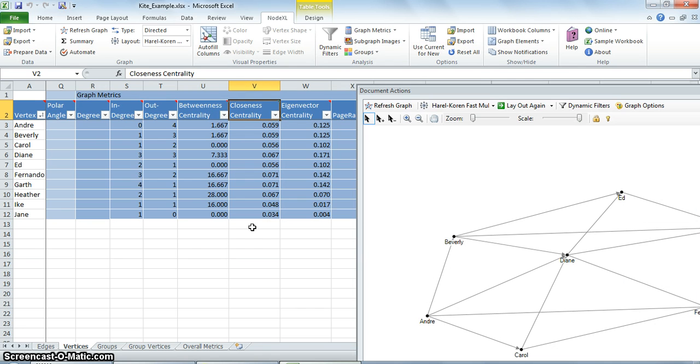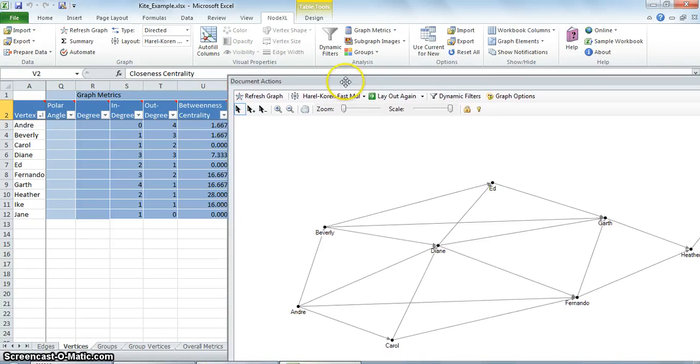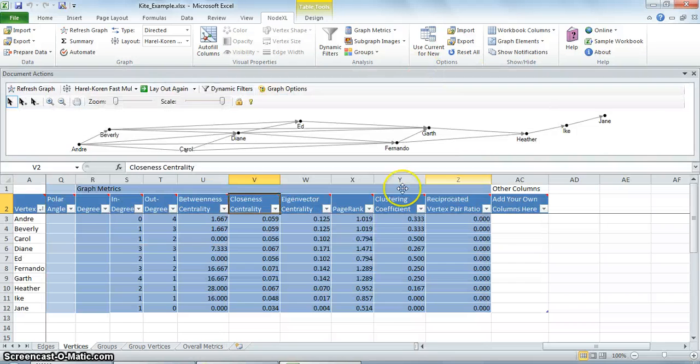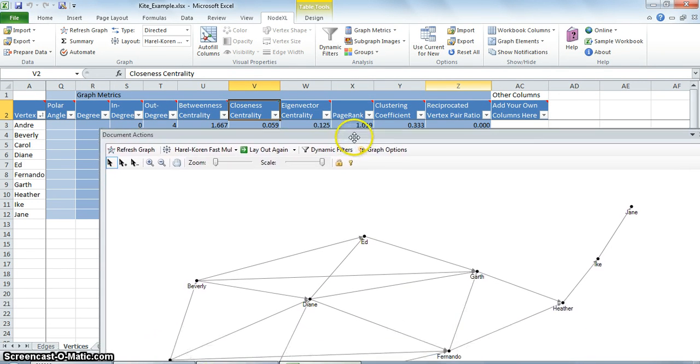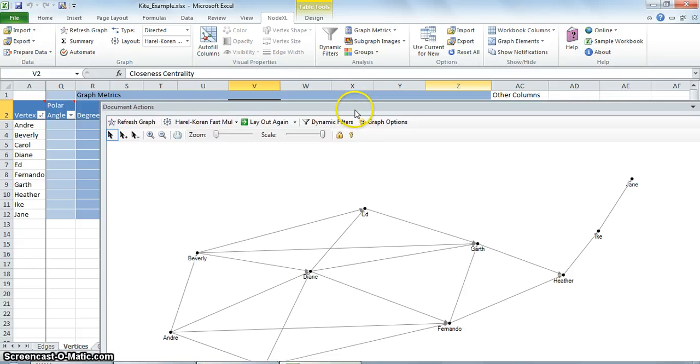Coming to closeness centrality, it is another characteristic about how close each person is to the other people in the network. So for example, if some information needed to flow through the network, some people would be able to get a message to all the other people relatively quickly, in fewer steps, whereas some other people, based on their position, might require more steps.